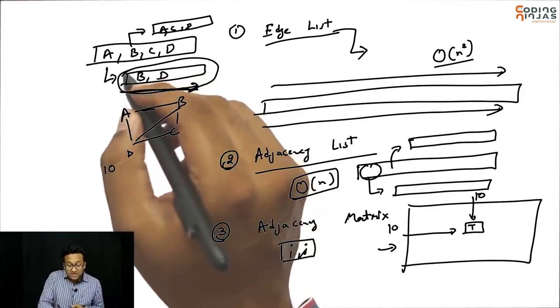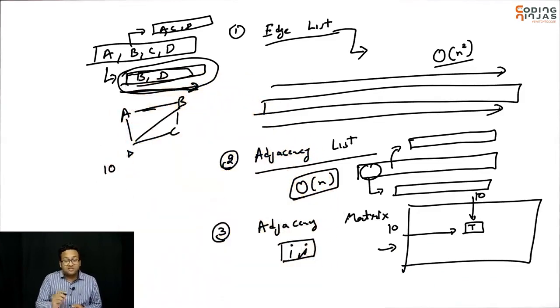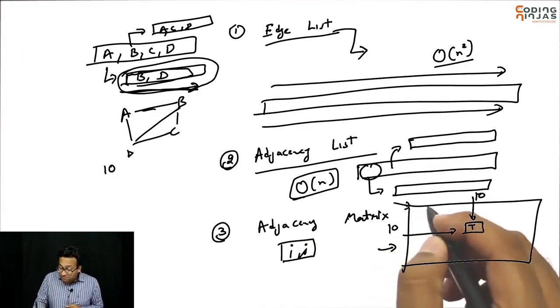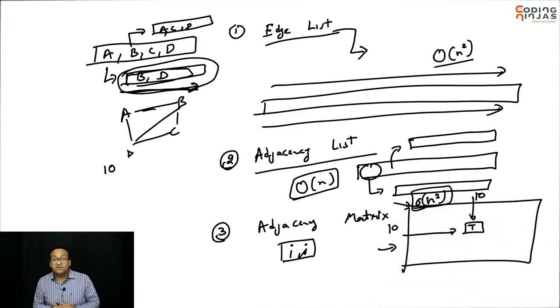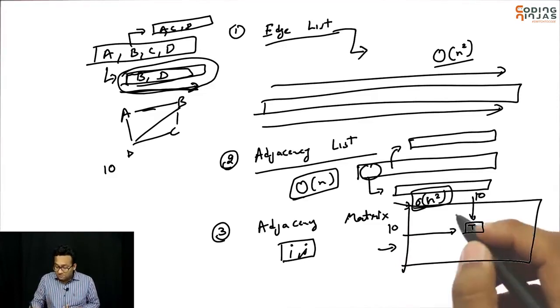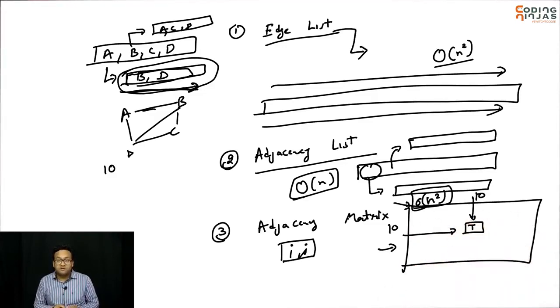Here in the list, as many edges as there are, that many entries are stored. If I made a map, how many entries am I putting in the map? If A is adjacent to B, I'll add a corresponding entry for B, right. But here it will definitely take n square space, because you have created this n by n 2D array. So in case you have a sparse graph, sparse means you don't have a lot of edges, you have very few edges, then this matrix, this 2D array will be filled with a lot of false and very few trues, right? So we are wasting a lot of space.